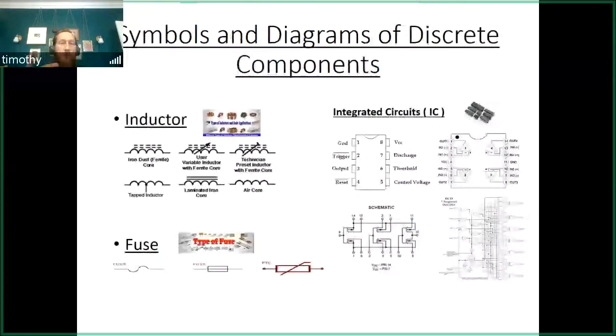Moving on, inductors, fuses, integrated circuits. For inductors, for the most part, again, being that I'm a digital guy, I usually look into the data sheet to see the recommended circuit configuration for a given device, and 90% of the time it just requires an air core inductor in those circuits. So very rarely, if ever, I don't think I've ever used anything exotic in an inductor, but they're out there. Fuses, we have another lecture in which we talked about fuses, but there are some of the different symbols that you can put onto your circuit. Integrated circuits,